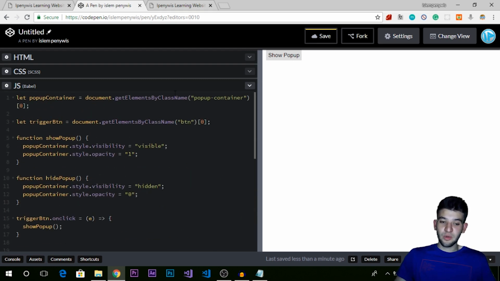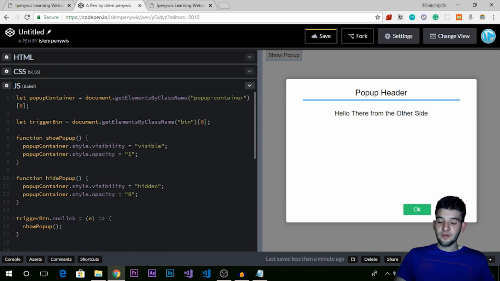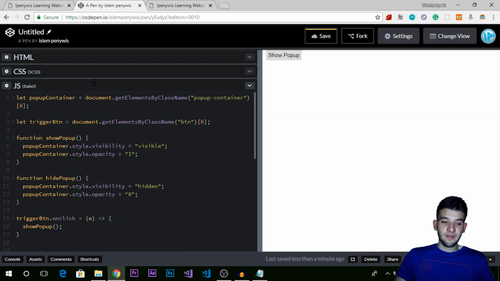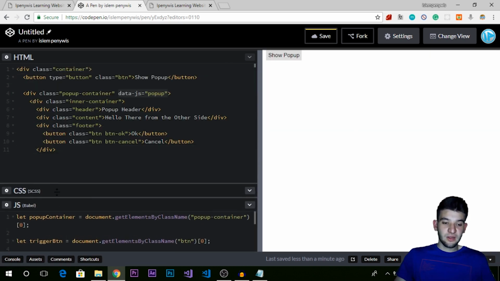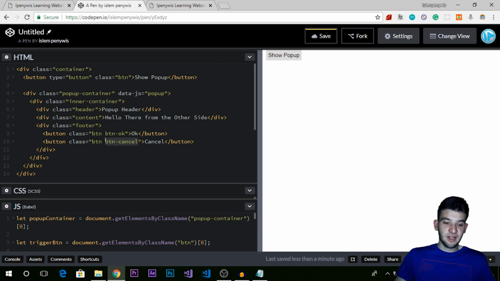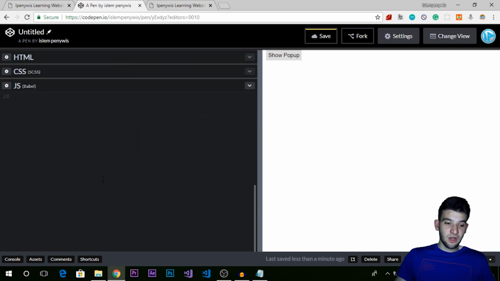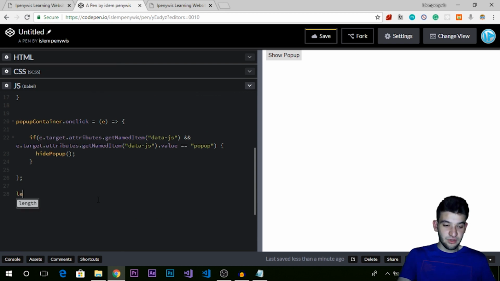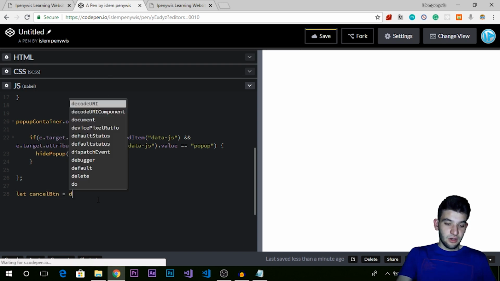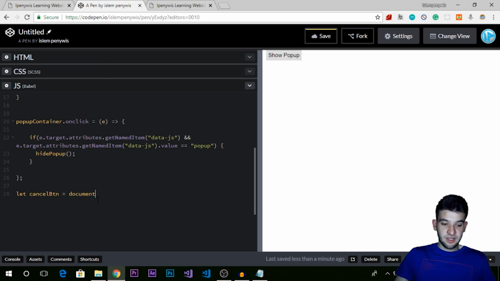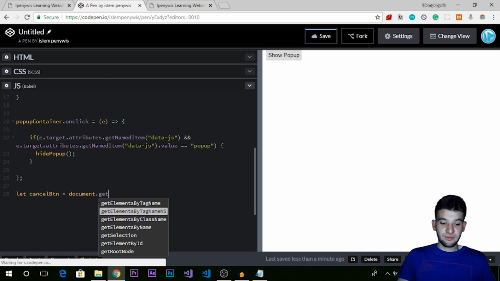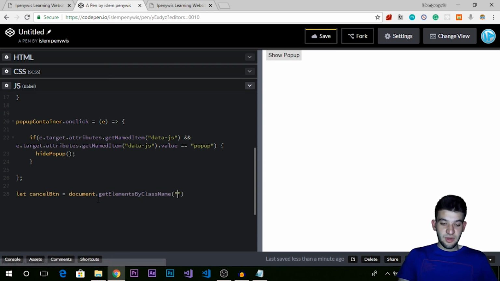Now obviously, if you try to click the cancel button, we can hide that as well. If you take a look in here, as you can see, it has a class called btn-cancel, so we can reference that as well. Let's go into our code, JavaScript, and write cancel btn equals document.getElementsByClassName. So we can reference that by class name since we have the class name, and since there's only one button,